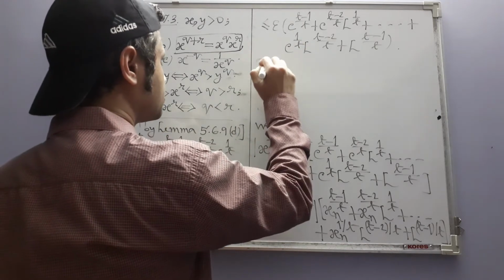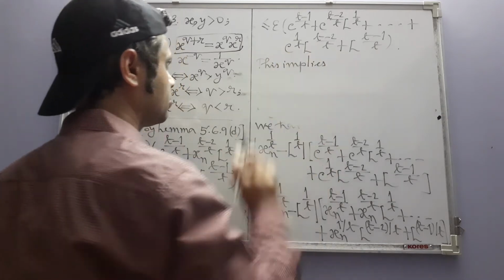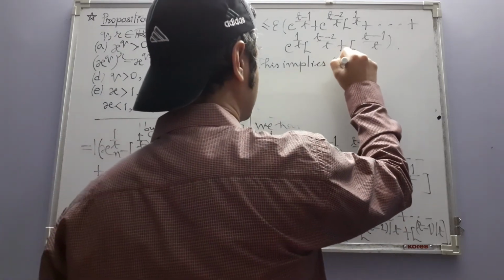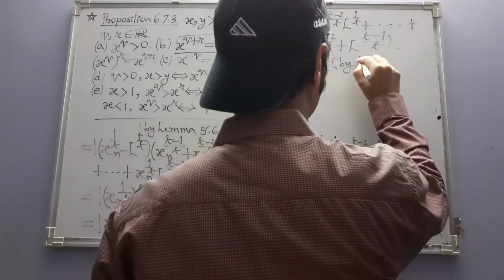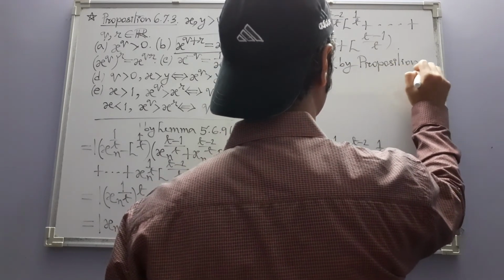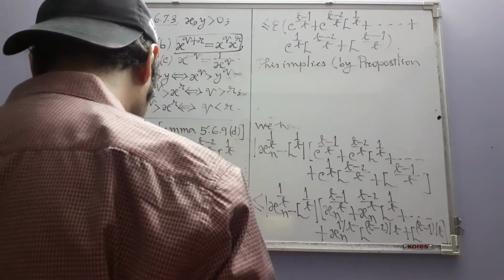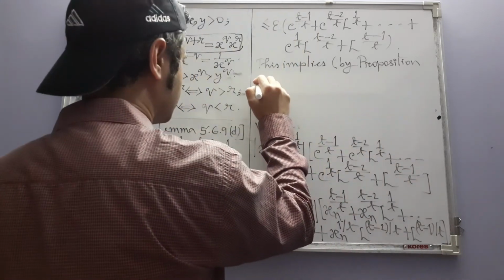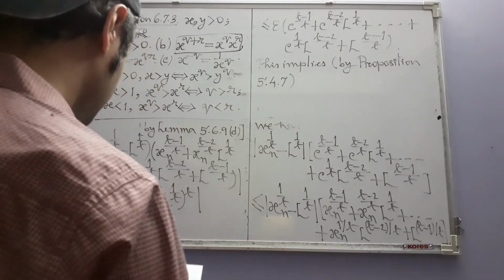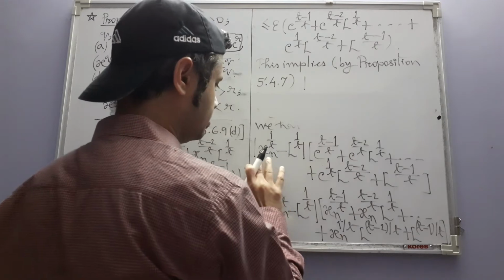This implies, and that also can be justified by a result which is just simply that if you have a positive real number on both sides of an inequality, you can cancel that, precisely by this proposition, that this thing